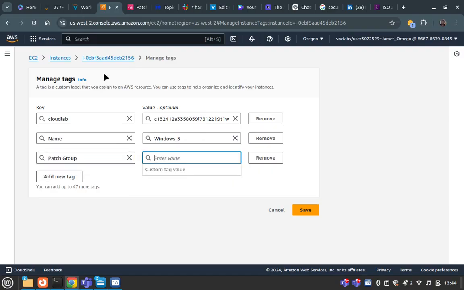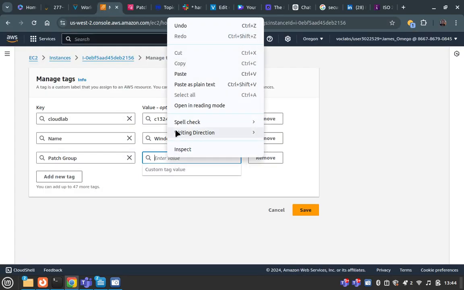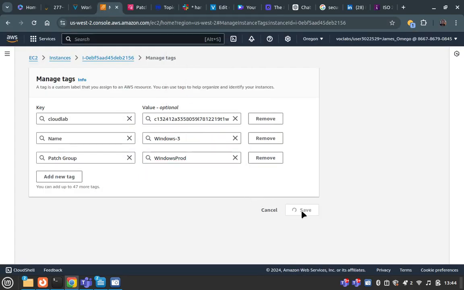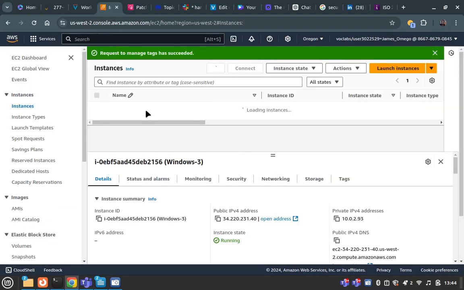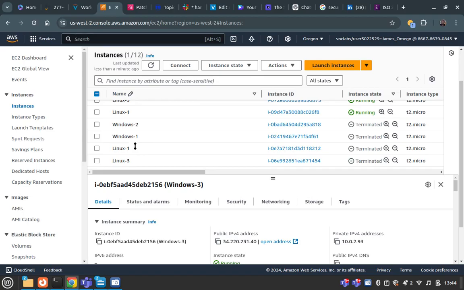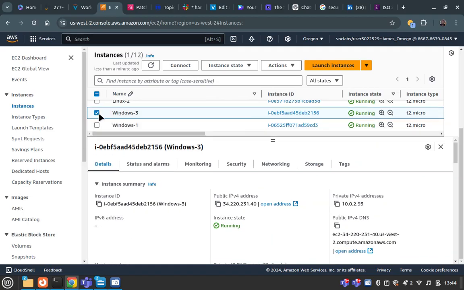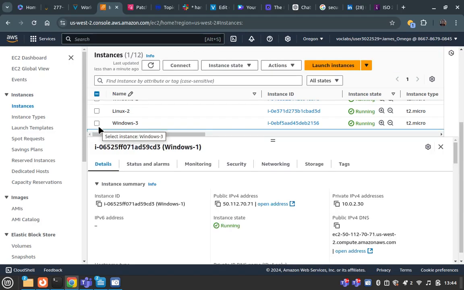There it is, and then the value is Windows Prod. Right, the value is Windows Prod. Just simple, very easy, and then we save. So we're remaining with one more instance to do this. That was Windows 2, so we have that is Windows 3, so we have Windows 1,